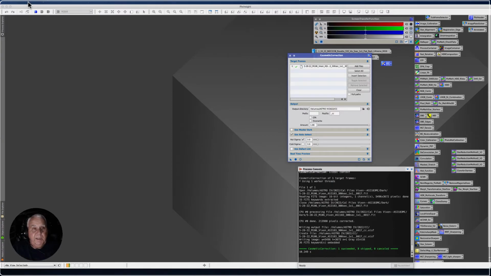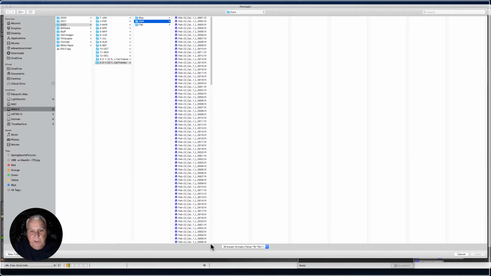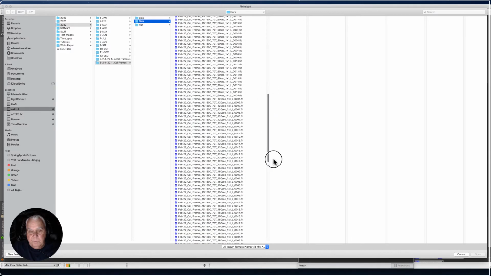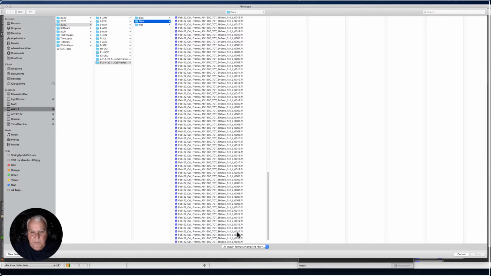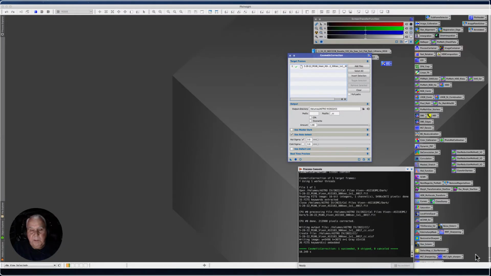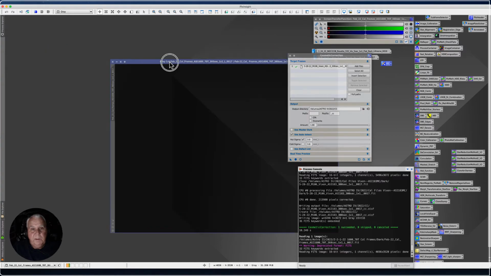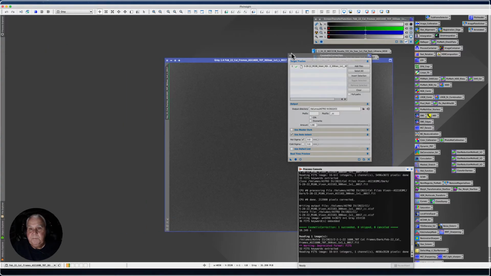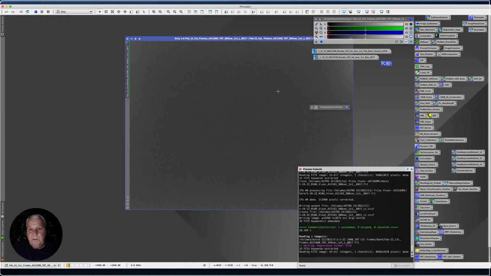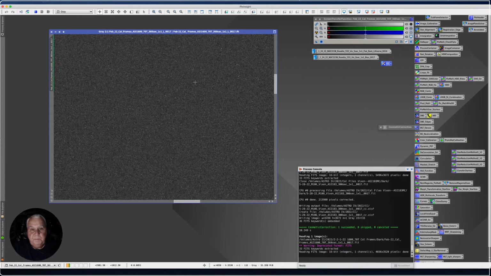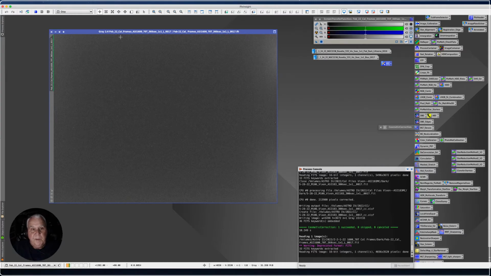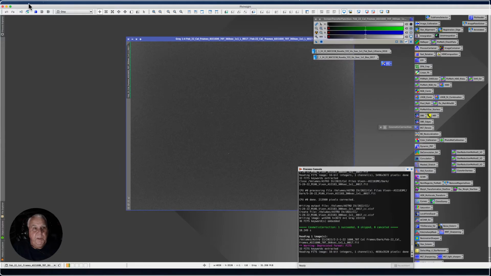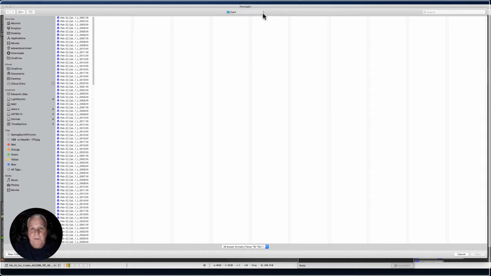Okay, let's bring up that image, but let's go back and let's go down to dark. And let's bring up number 17 without cosmetic correction and stretch that. And see the amp glow with that camera. And then let's open up the